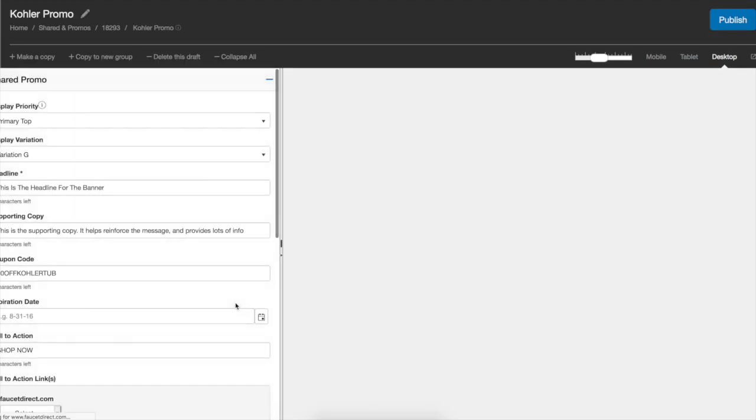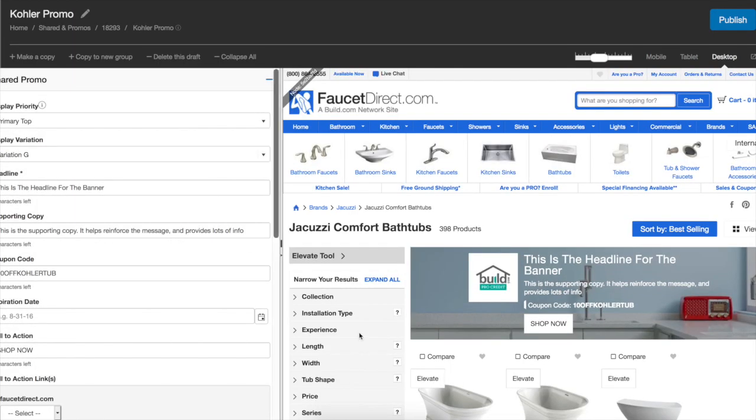I'm going to go in and edit this record just to show you what's fun about banners in Construct. So the problem that we were solving for here is we had a very small design team and a very large merchandising team, and that meant that there was a bottleneck. Merchandisers needed to be able to talk about promotional activity, but couldn't get creative assets as quickly as they needed to. So as an alternative to getting in a Jira queue, we created